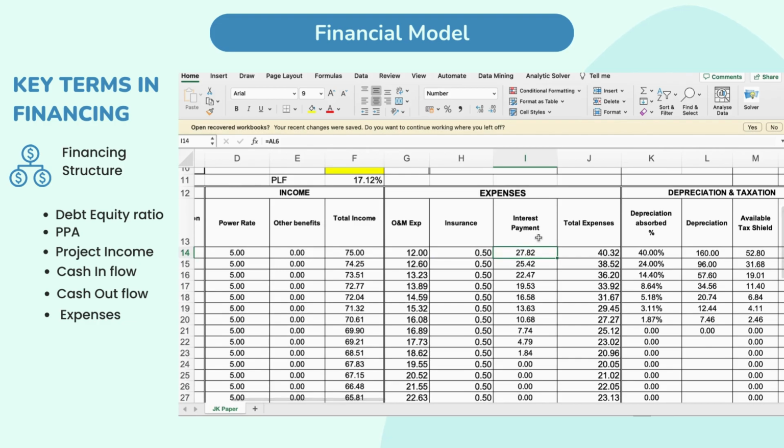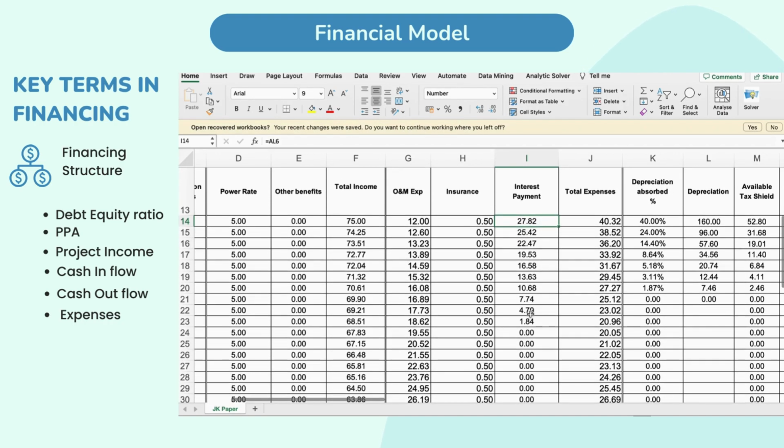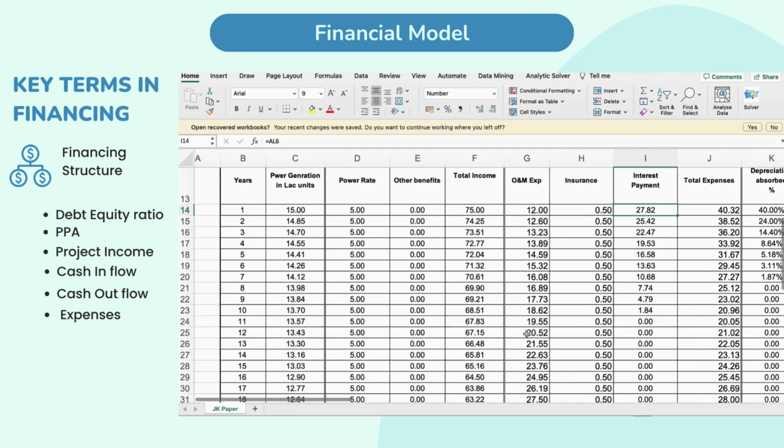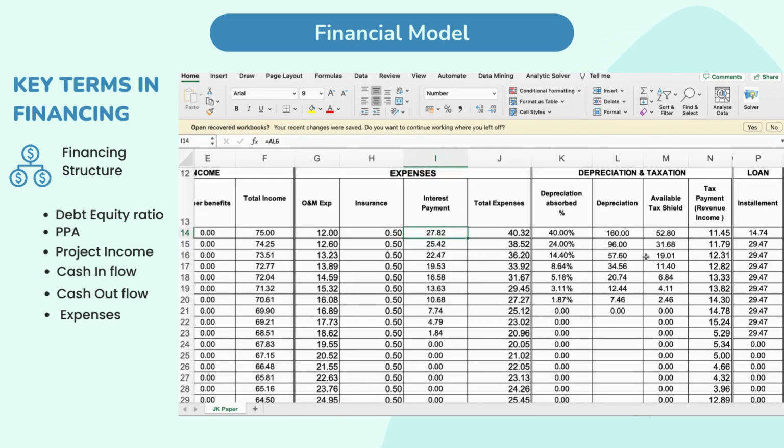Now, interest plays a very important role because out of this 40 lakh rupees as the cash outflow, the major outflow is 27 lakh rupees, which is contributing to about 70% of the cash outflow. As you see, over the years, as you keep paying the debt, your interest payment comes down, and in 7 or 8 years, or over the 10 years loan period, you have paid your